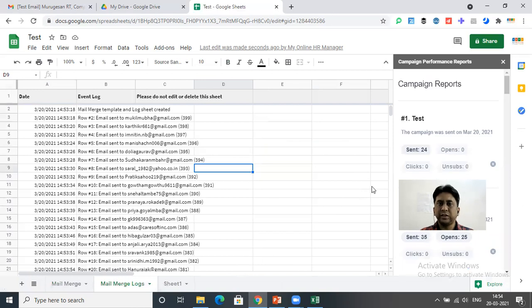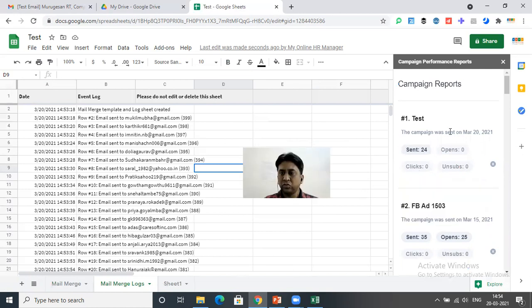So on the right hand side, you can see the campaign reports. Since we have sent now only, obviously no one will be there who has opened the link, but all the statistics you can see here, open, clicks and unsubscribe.